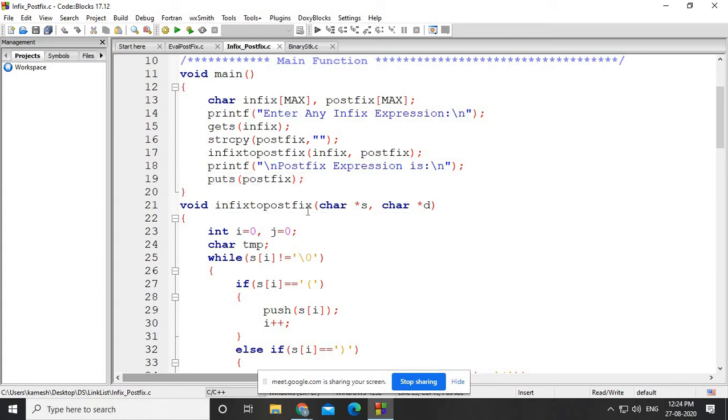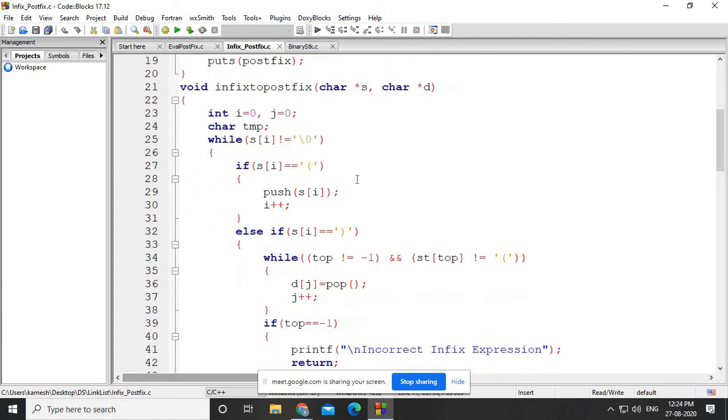Fine. Now the program is quite simple up to here. Every function is understood, right? So the main function, and now we are coming to infix to postfix. Here I have two pointer variables. One is the source pointer, the second is the destination pointer. Source is a pointer which is pointing to the infix array, from which we are reading one by one character. And the D pointer is pointing to the postfix array where we need to put all the values.